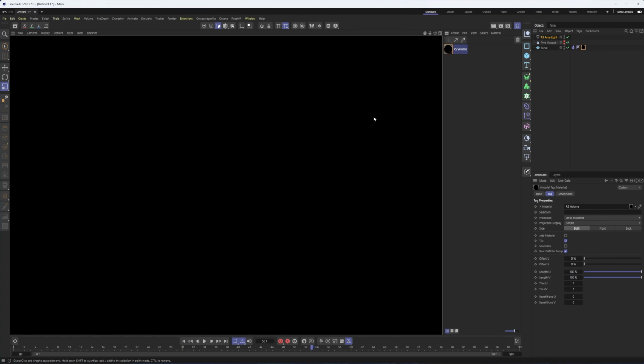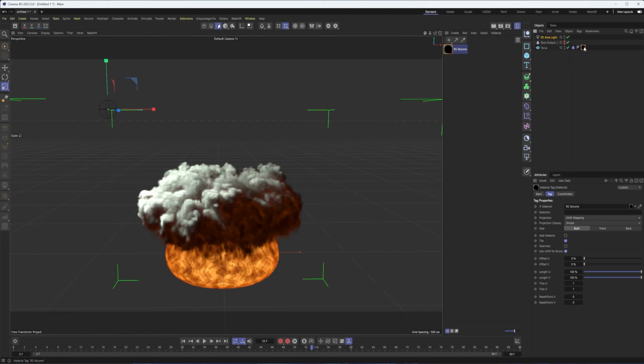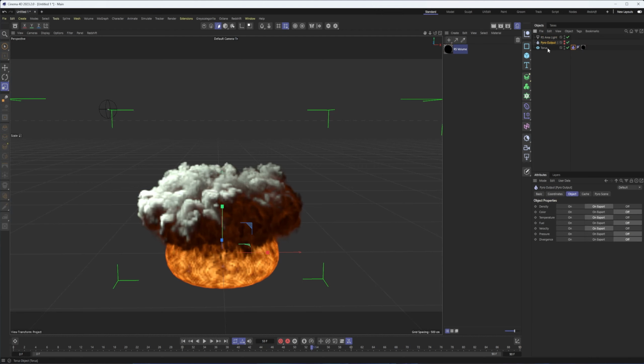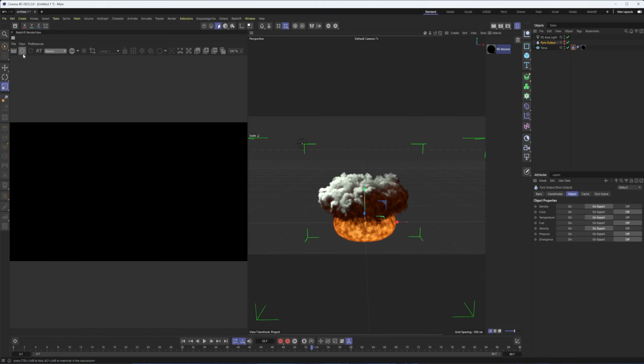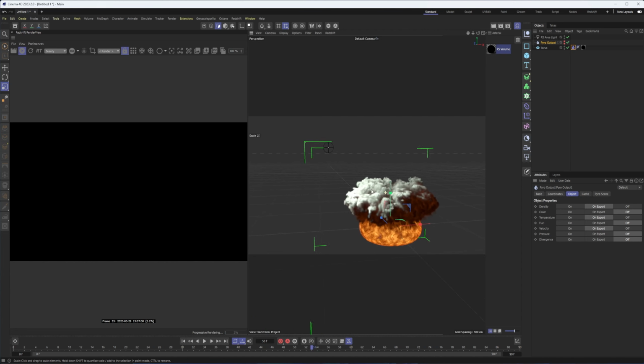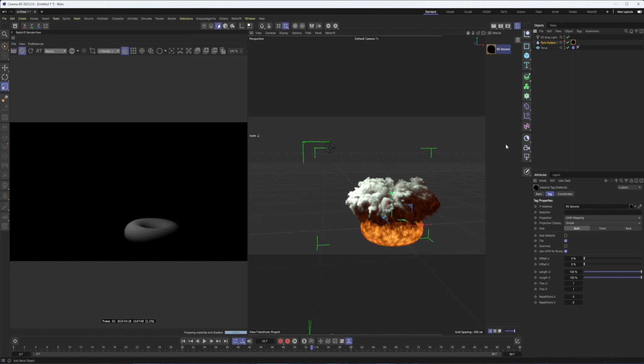That was something else they said they changed in Redshift in Cinema 4D: the ability to render Pyro stuff without having to kind of set it up. Previously, you had to come in here and in the Pyro tag, or actually, I take it back, the Pyro output, change these types of things to, I think it was just on, in order to have it render without caching. But supposedly they say they fixed that. So let's see if I am able to get that as well. So once again, just kind of doing this as I go. Doesn't seem that way. Oh, there we go. Pyro output. That's what I turned off, which could explain that.